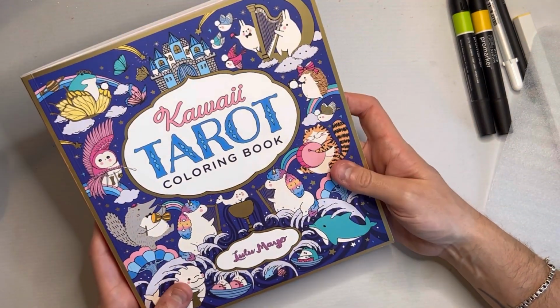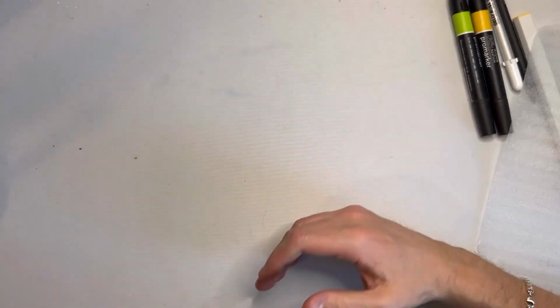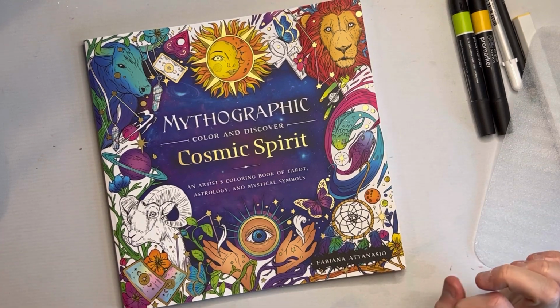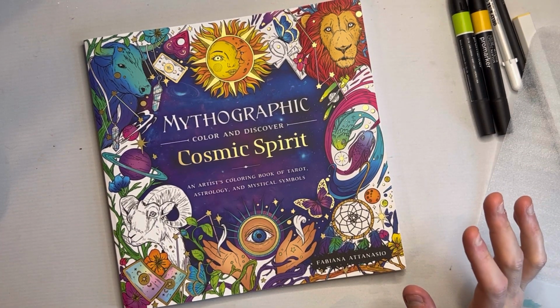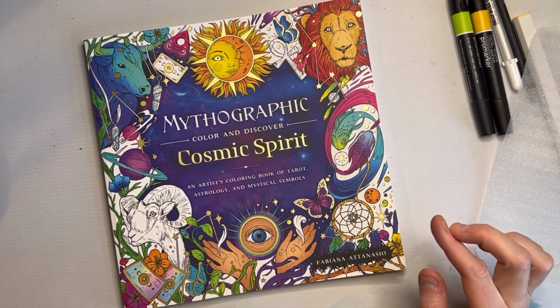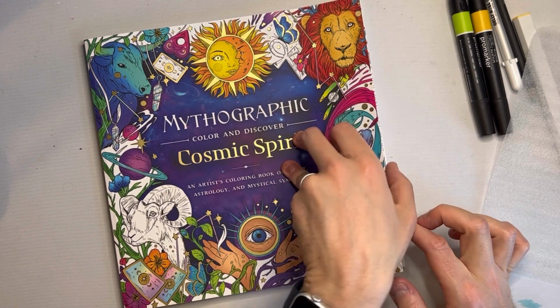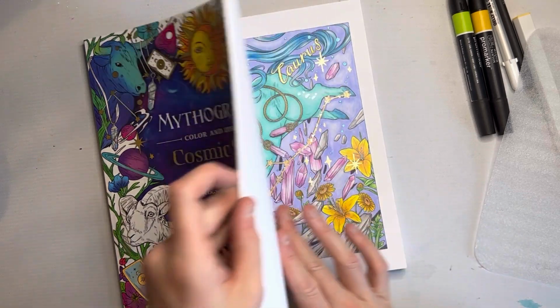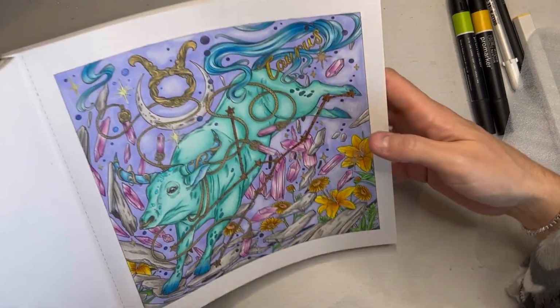So that was a Kawaii Tarot colouring book by Lulu Mayo. And we are on to the final page of the month. I did this way at the beginning of the month. It is my absolute favourite page of the month. It is in this absolutely beautiful mythographic book that is quite possibly my most favourite mythographic, followed closely by Aviary and then Odyssey. And I did, for all of the Tauruses out there, I did the Taurus page, and I